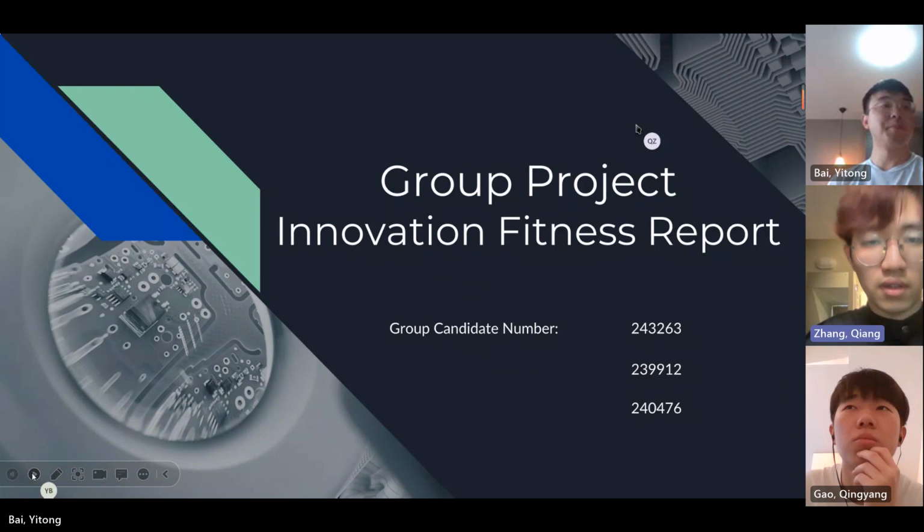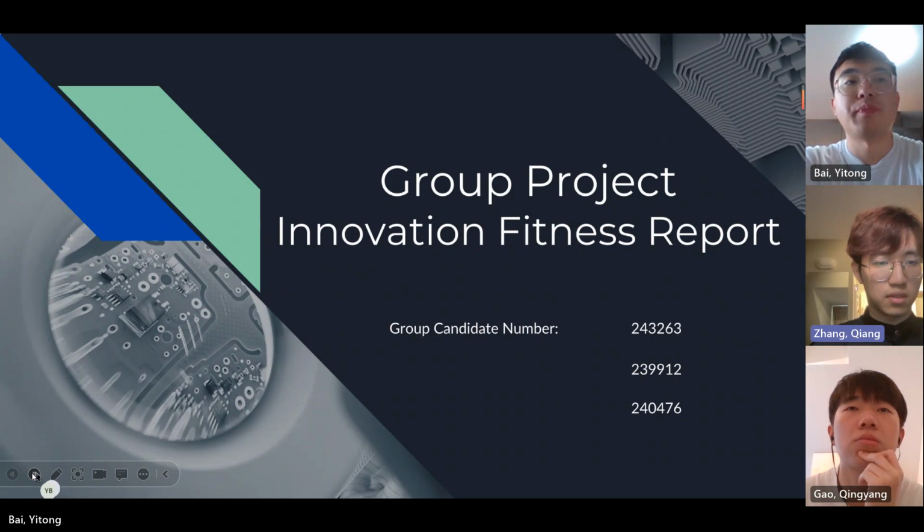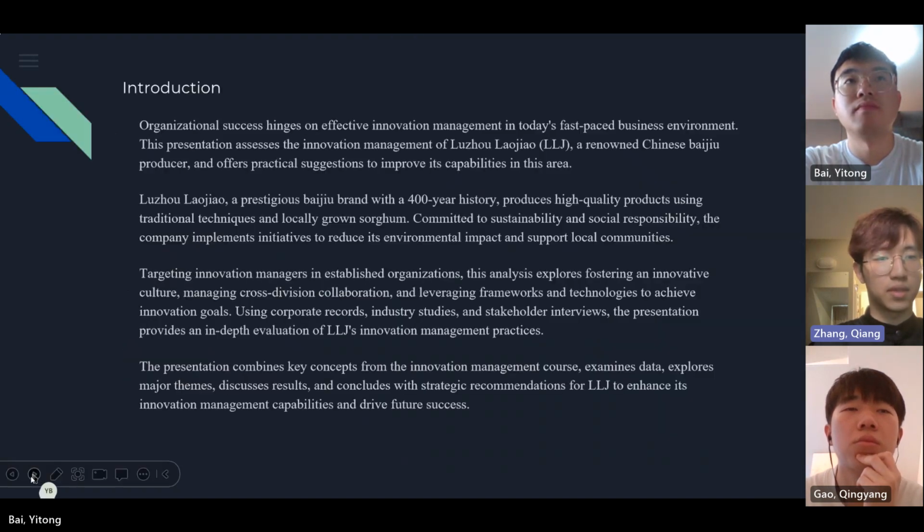So today we are going to make our group project executive summary about the innovation fitness report. We have the introduction, literature review, organization introduction, findings, discussion, and recommendations, and I'm going to make a short